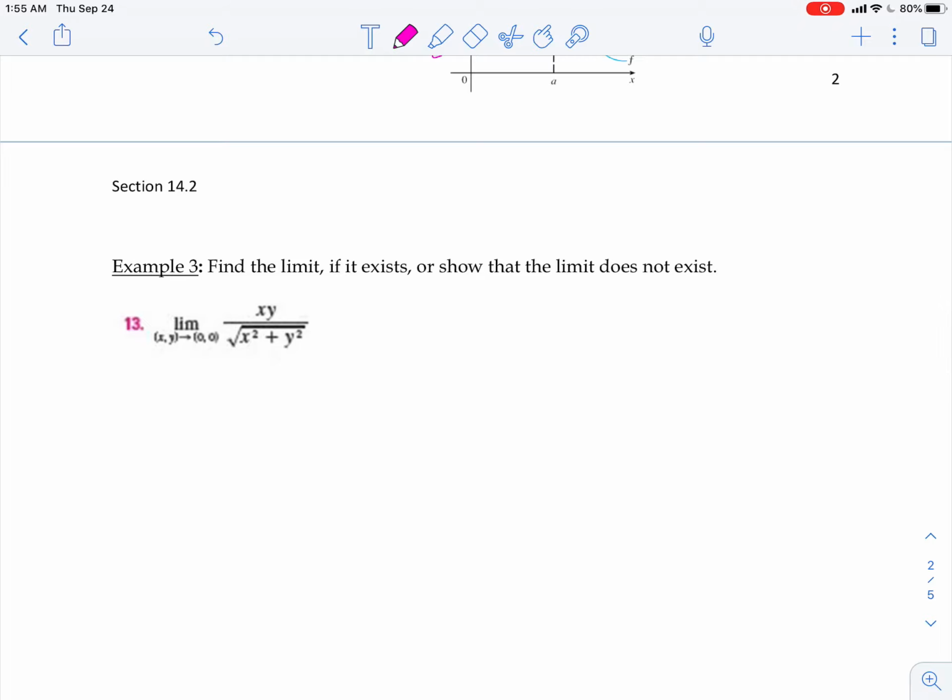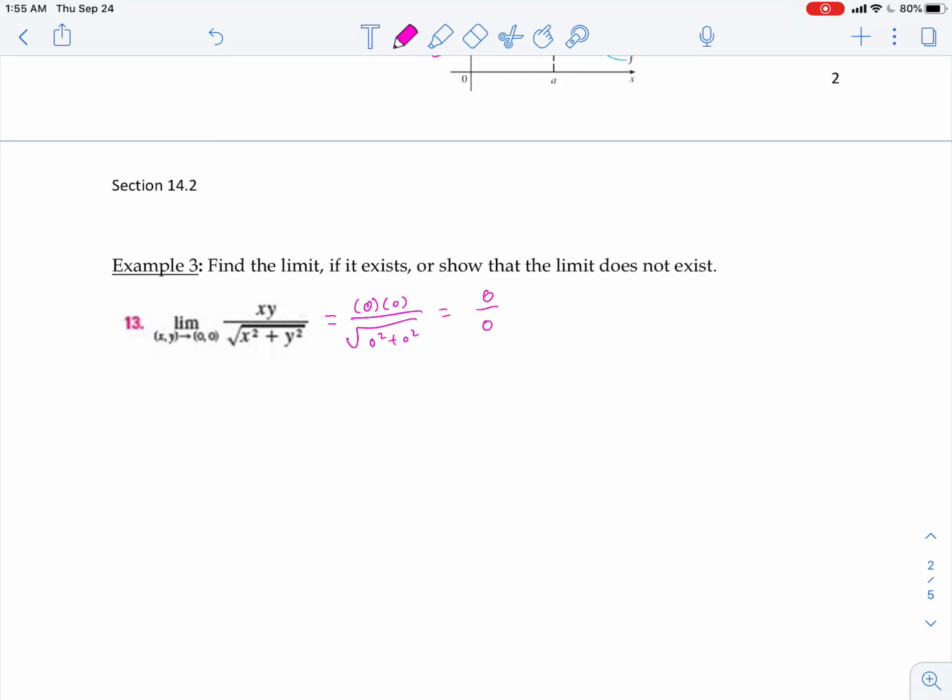All right, so find the limit if it exists, or show that the limit does not exist. And so the first thing is we're going to substitute in. We're going to plug in, we get 0 times 0 over the square root of 0 squared plus 0 squared. And we find out we're going to get 0 over 0. So that tells us, okay, all right,